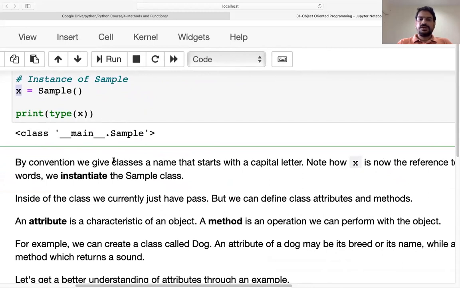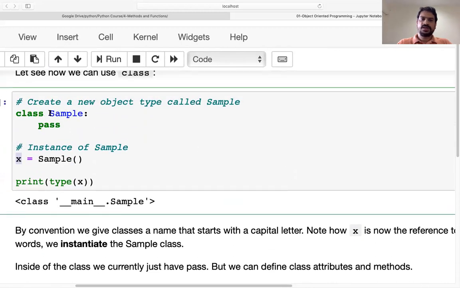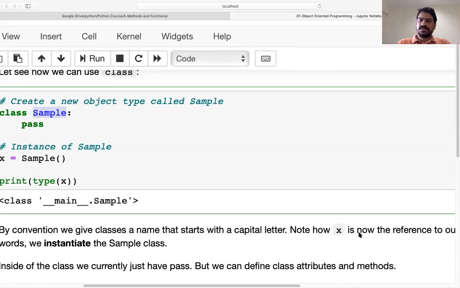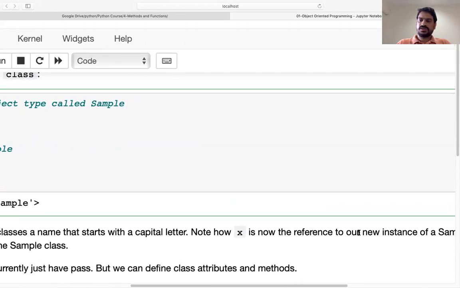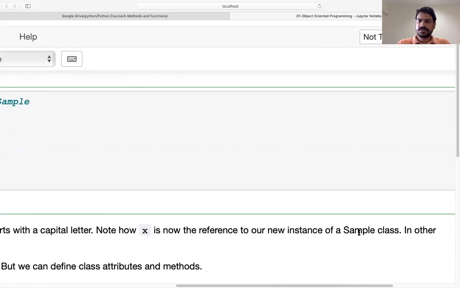By convention, we give classes a name that starts with a capital letter. So generally, the classes that we create start with a capital letter. Note that x is now the reference to our new instance of the Sample class.